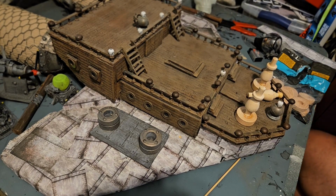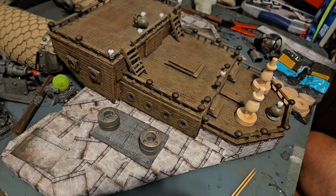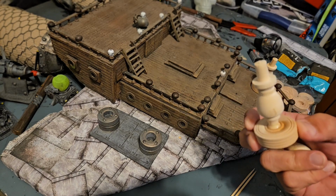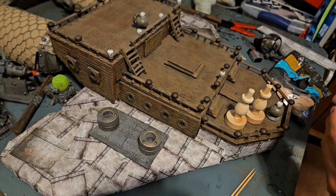Alright, I've done further work. It's taken a little bit of time to do this because I've got so many distractions going on in real life. This is what I decided on for kind of a landing gear. I went to the hobby store. And what I did was